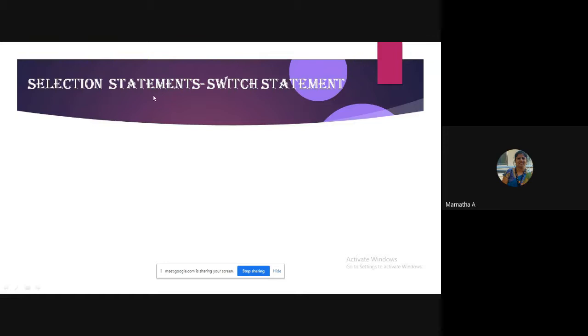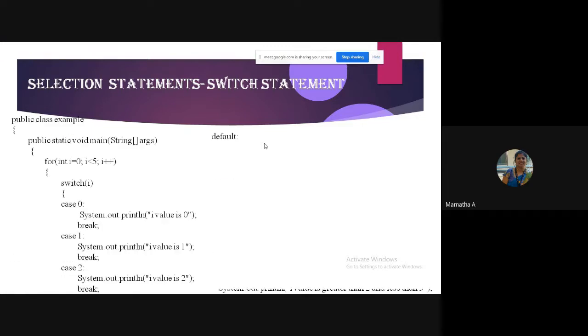So with respect to the switch statement, there are certain things that you have to note. I have this program for you all. Can anybody guess the output of this program, which I have just stated here?